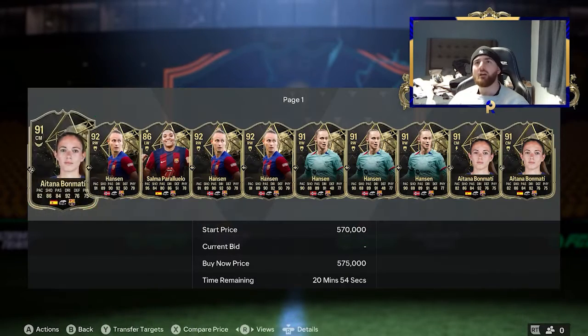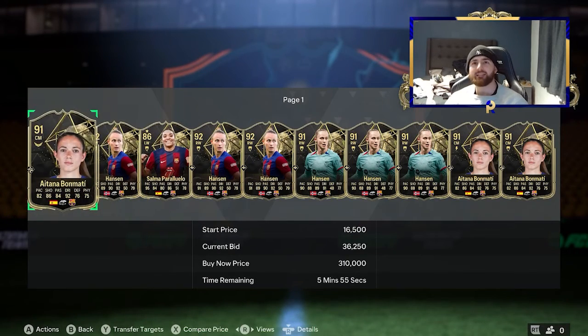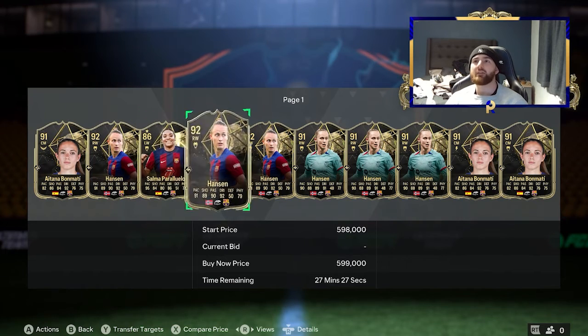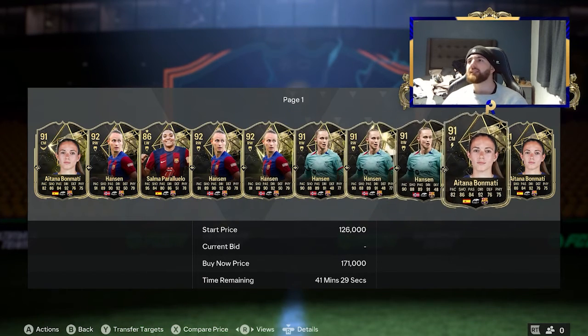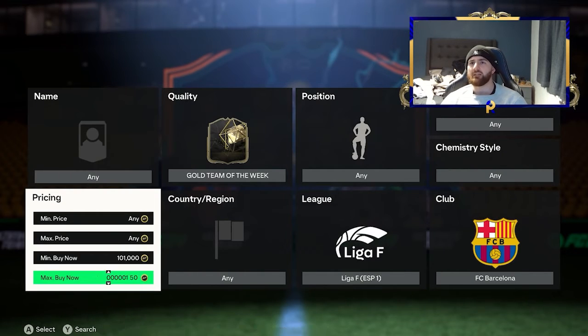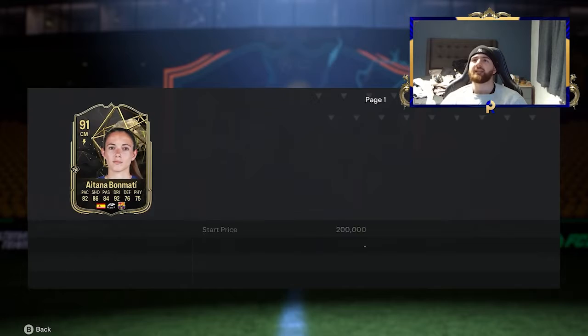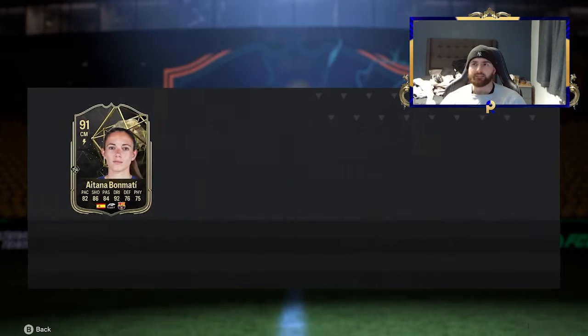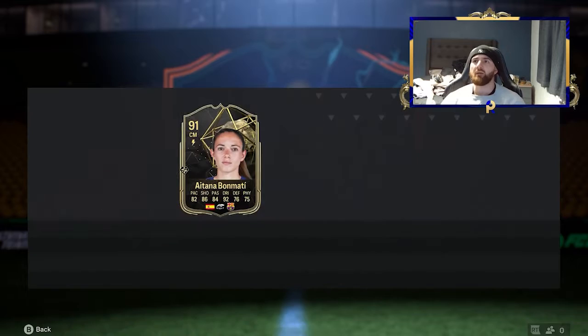As you can imagine, the player we're going to see most, we've got Bonmati there, and we've got Hansen. 575k Hansen. We've got Salma there, and we've got Hansen again. What might be worth doing, let's just have a look at the minimum of 100k. Let's just see what these guys come up at. No, so nothing comes in there. 170, so that's probably not a bad one to do. Compare price around this, and you're just going to have Bonmati and Hansen's versions, the many versions that there are